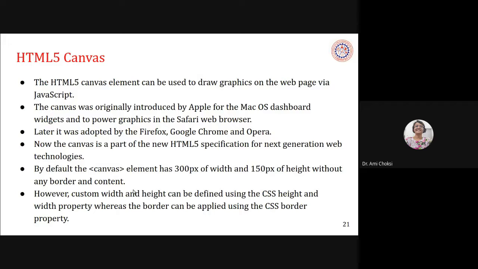However, custom width and height can be defined using the CSS height and width properties, whereas the border can be applied using the CSS border property, right?